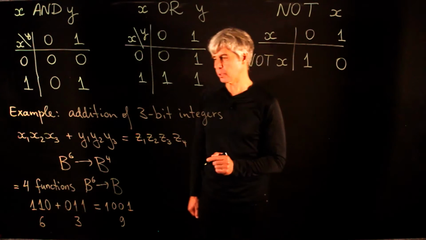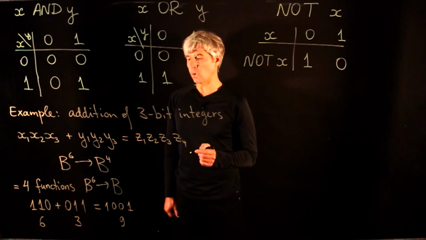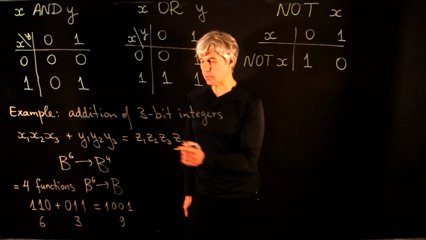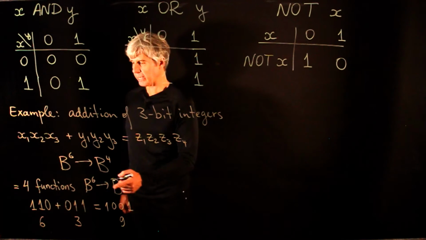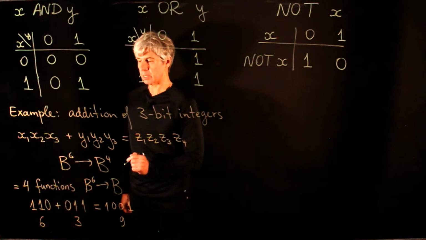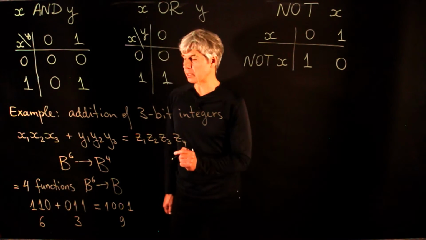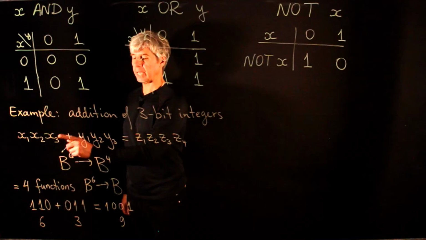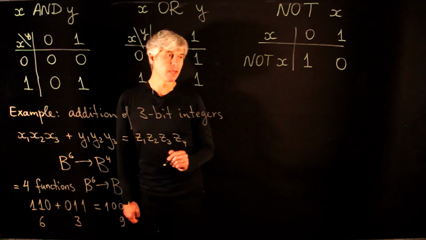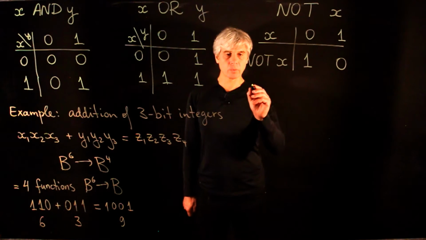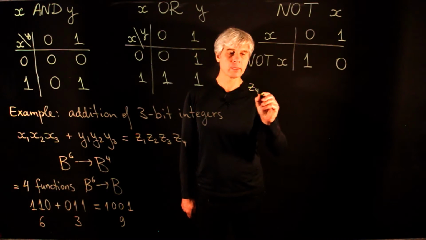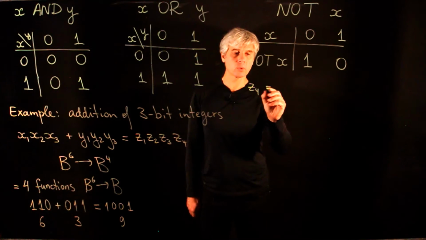And if Z4 is equal to 1, then the number is odd. And we know that the parity of the sum is determined by the parities of the summands. So this means that Z4 depends only on the values of x3 and y3. And so we have that Z4 is equal to 1